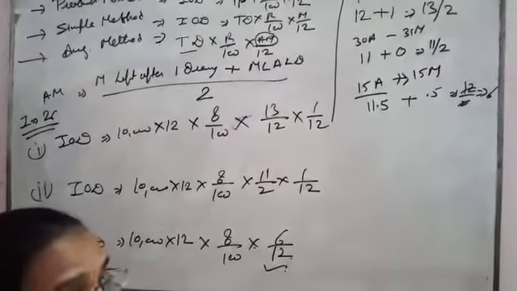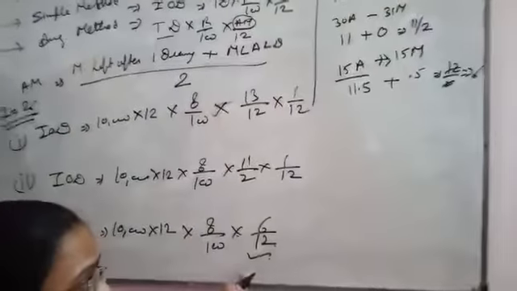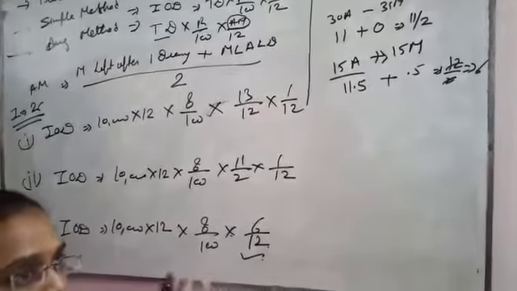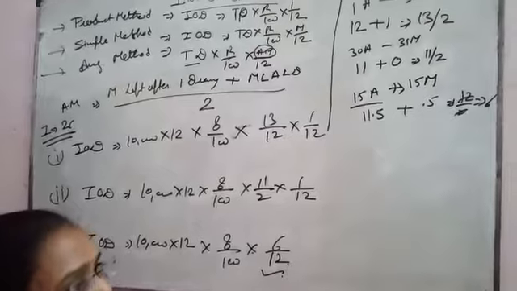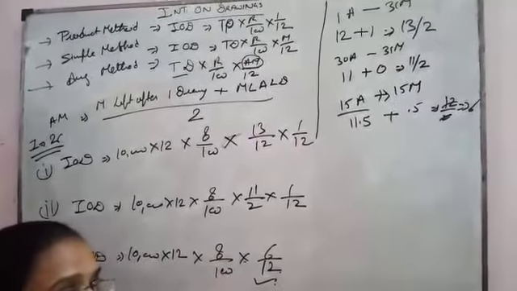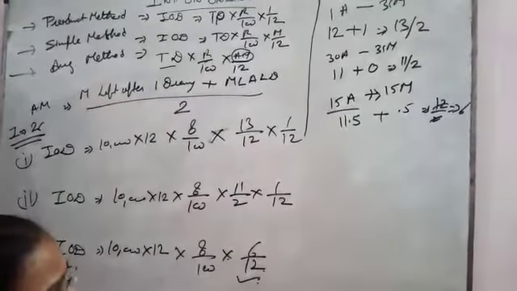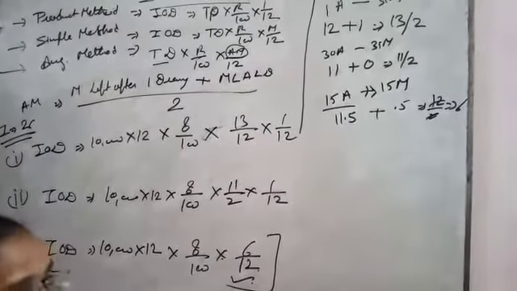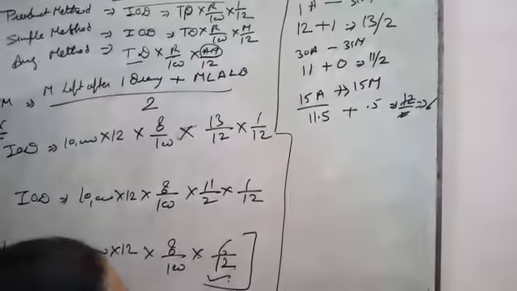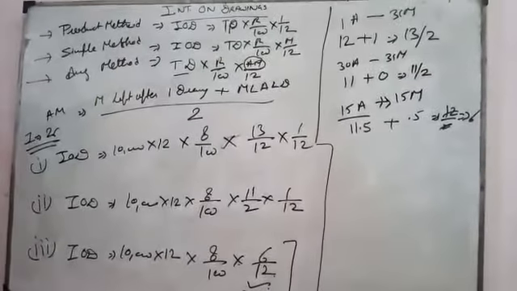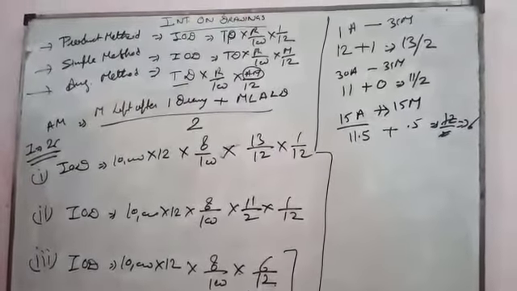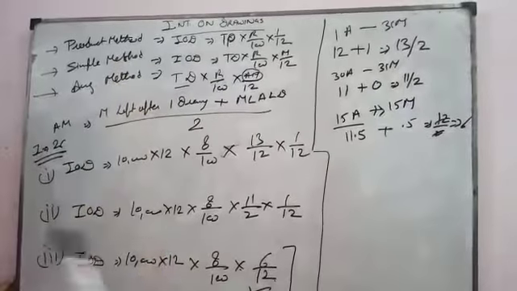When the date of drawing is not mentioned in the question, we take 6 months, because we don't know whether the drawing was taken on the first or the last of the month, so we take the middle. That is the rule we have been following from the beginning. When the date of drawing is not mentioned in the question, then we take 6 months on an average basis. So this is your third method. Whichever method you use to calculate interest on drawing, the answer will be the same.